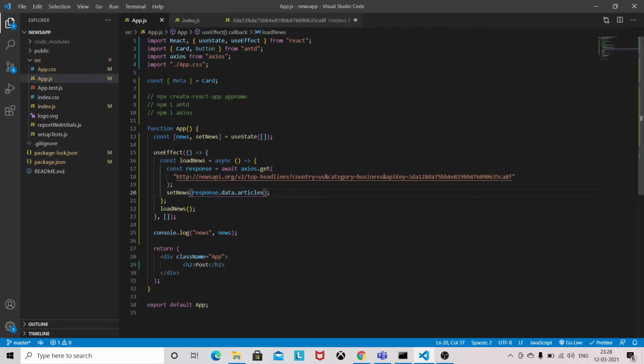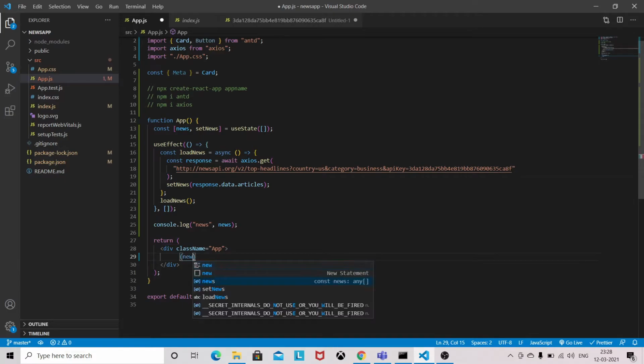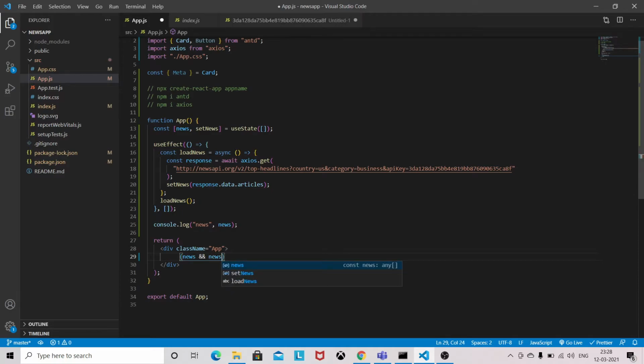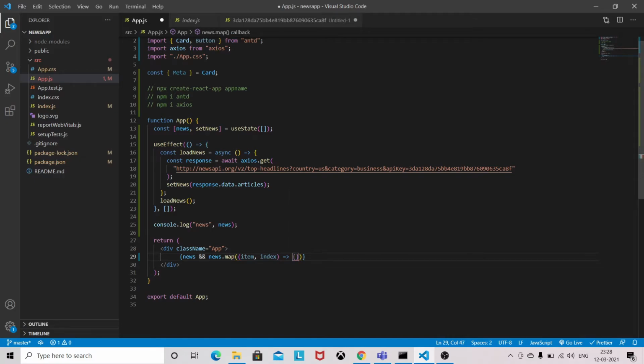Now we remove this one and news. We can return a card item.